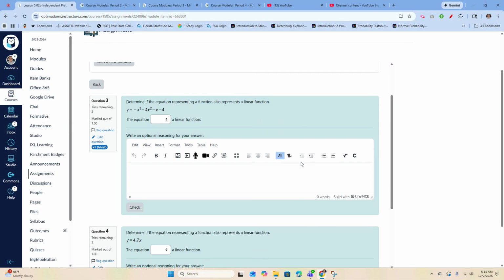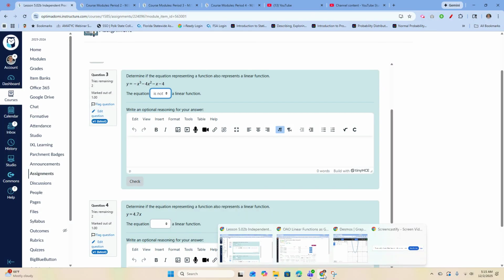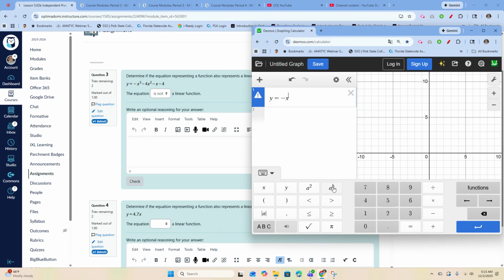Next problem, problem number 3. Again, if I'm going to decide without the graphing calculator if this equation is a function or not, you can see there are 3 x's. You're just going to work with the x with the highest exponent. In this case it is 3. To be linear, the exponent must be 1. But 3 is not the same as 1, so this is not linear. And I'm going to prove it to you by doing the graph. So I'm going to type the equation, y equals, then negative x to the third power, so this is the exponent key,